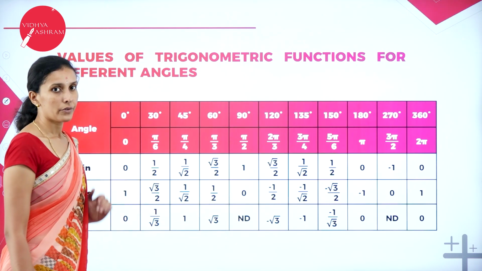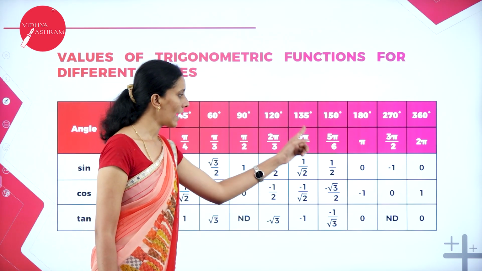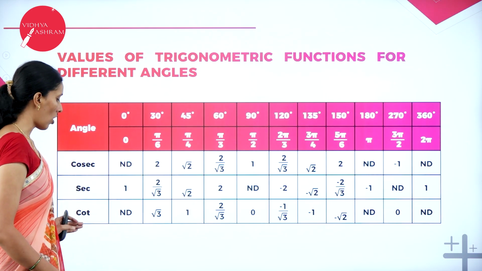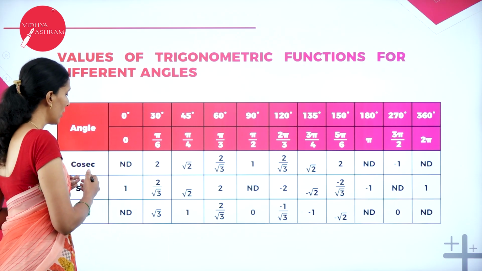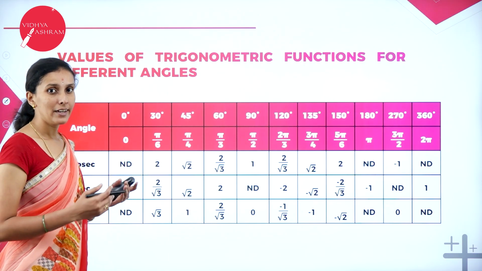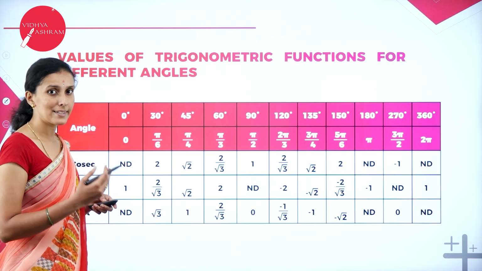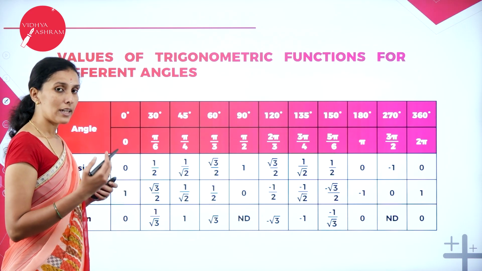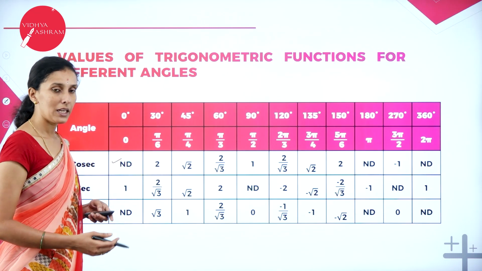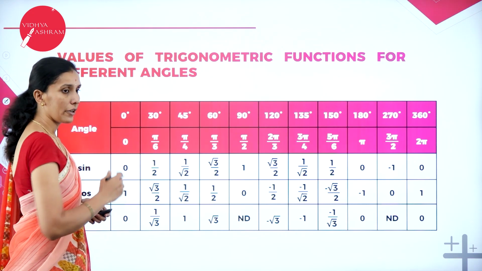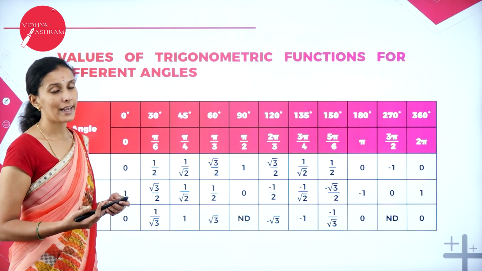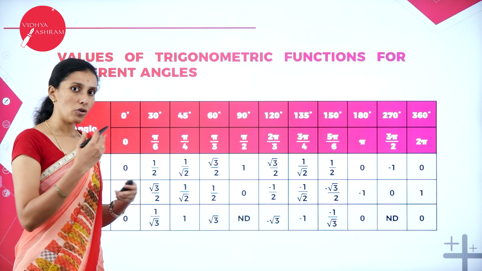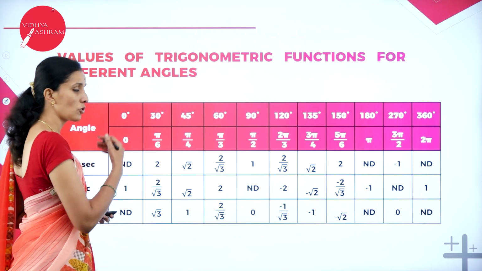Now, this is for the cos function and tan. You can see here all the values of the angles are given. Similarly, you can see cosecant, secant, cot. Cosecant is 1 by sine. If you don't know the value of cosecant, you can take the value as 1 by sine. Why? Because sine 0 is 0, cosecant is 1 by sine, that is 1 by 0, which is not defined. Similarly, for cosecant 30, you can take the value as 1 by sine 30. What is the value of sine 30? 1 by 2. For cosecant, it is the reciprocal, so it becomes 2.